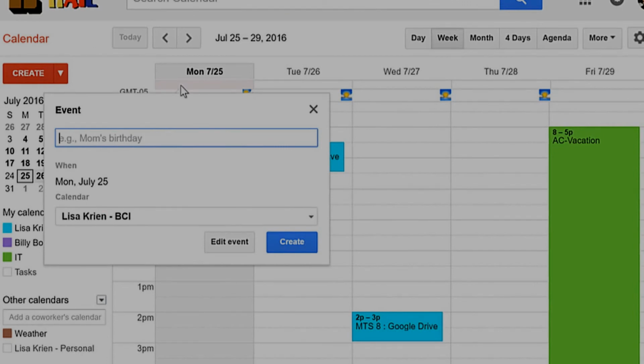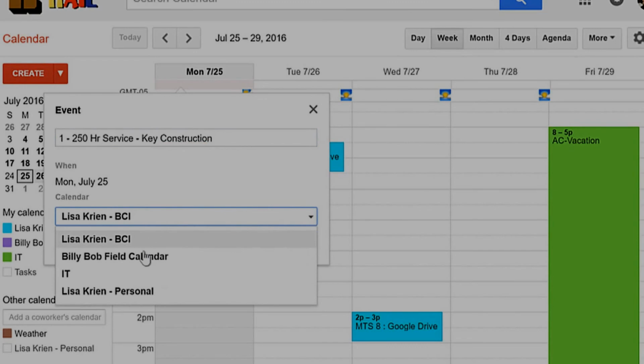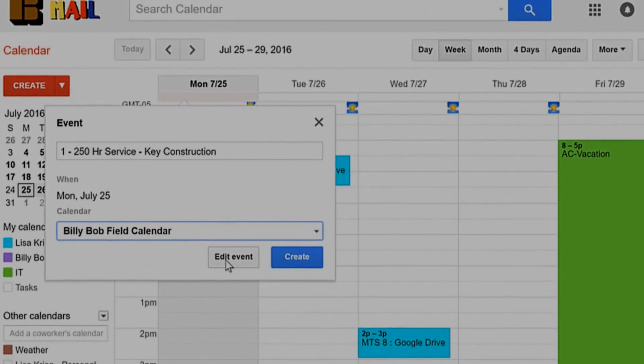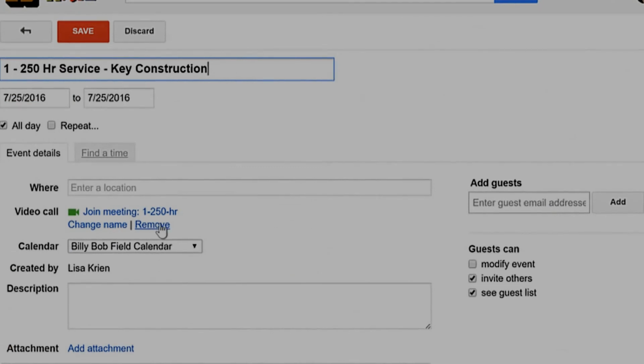So now let's say the first thing I want him to do is a 250-hour service at Key Construction. I'm going to change it to his calendar, but instead of saying create, I'm just going to say edit event now. Because I really want to give him a little bit more information about this 250-hour service that he's doing. So I'm going to enter a location